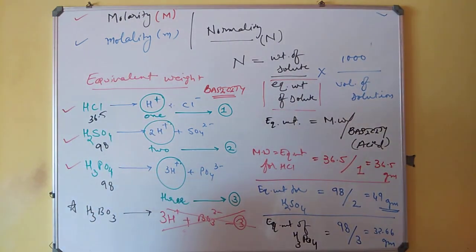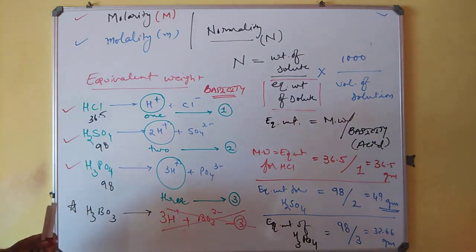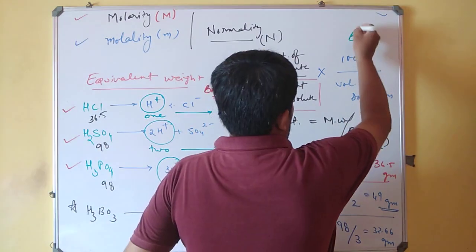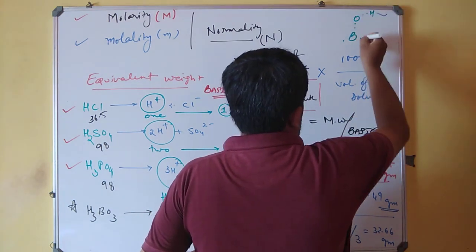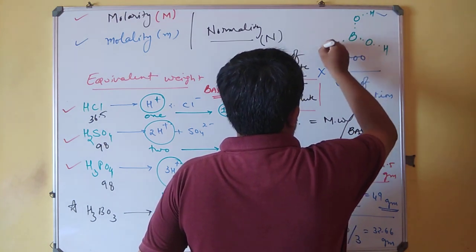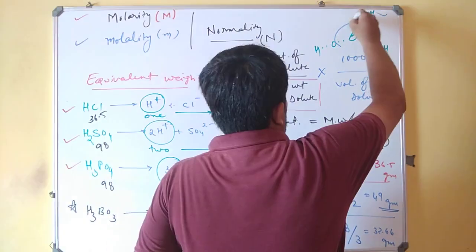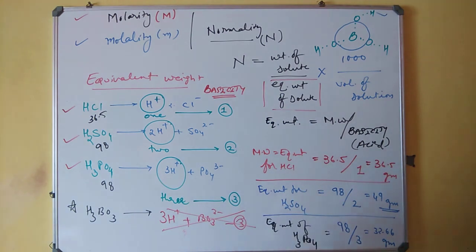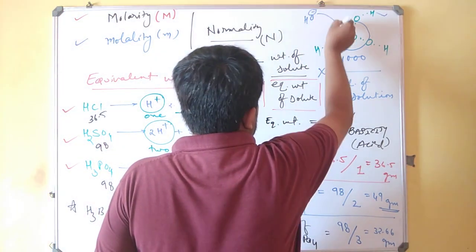Over here the equivalence is 1 because this H3BO3, having boron in the center, does not fulfill its octet, and as the octet of boron is incomplete, if you look over here carefully, it cannot directly show any equivalent value, but to complete its octet it will gain one more OH minus, and